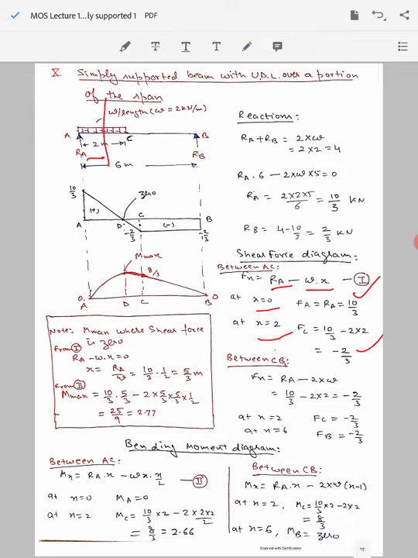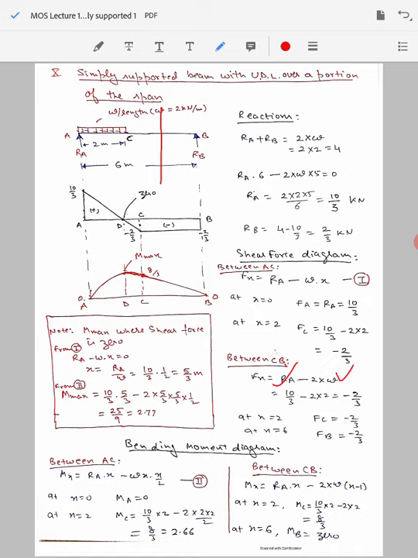Then you assume the beam to be cut somewhere between C and B. So here the shear forces that are acting will be the reaction force Ra and another force, because between C and B the entire load of 2 into W, where 2 is the length and W is the applied load, UDL, will be acting. So Ra minus 2 into W will be acting for the entire segment of C and B. You substitute the values of Ra and W here and you get Fx as minus 2 by 3, which is going to remain the same because it is not dependent on x. So it will be the same for both the ends, x equal to 2 and x equal to 6. That means for point C and point B it is going to be minus 2 by 3.